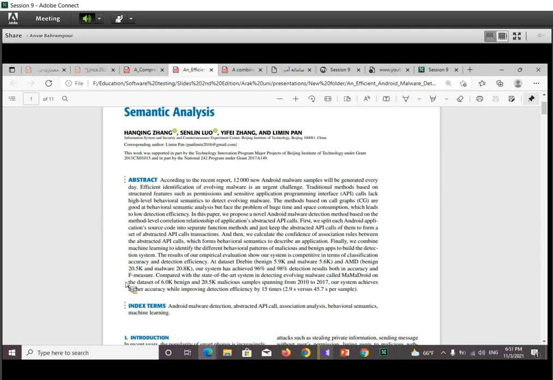The second part includes the proposed method and the challenge of the selected subject.